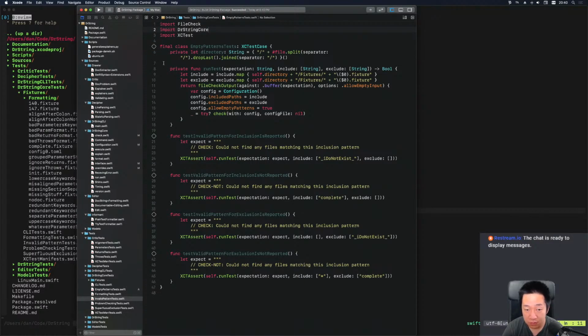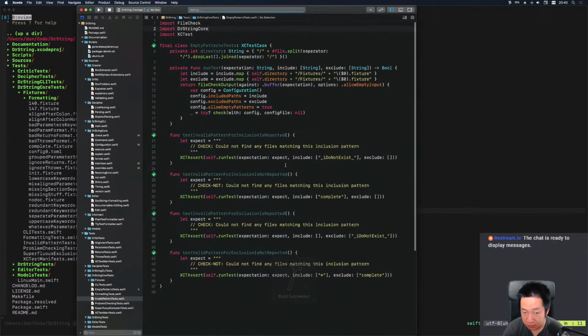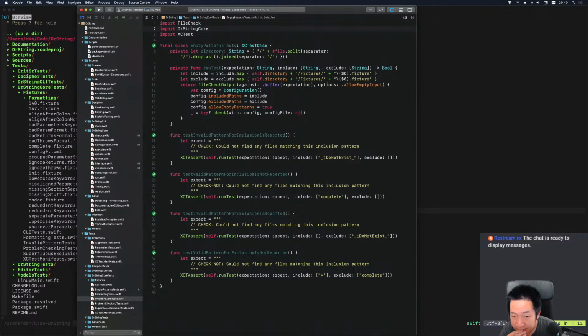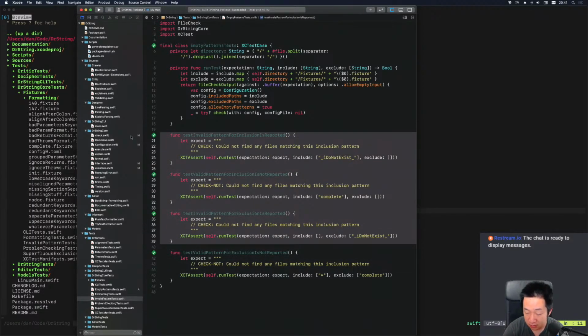This one's just sweet. All of these, all the positive ones should fail. No? Because these are not patterns. That makes sense. Okay. So we need to... Anyways, this is